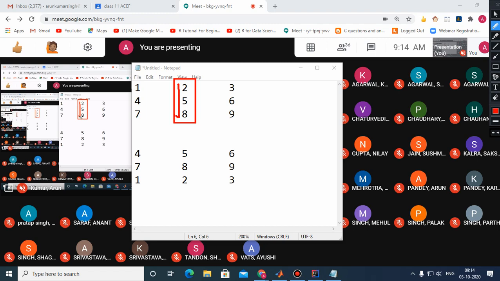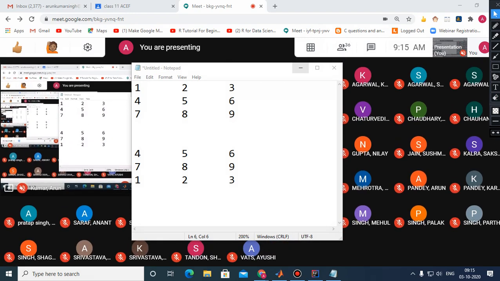You cannot traverse row wise; this is not allowed. Yes, anybody who has written the code, please tell.